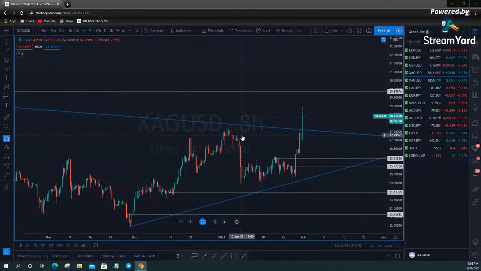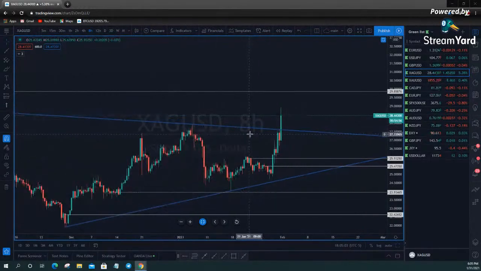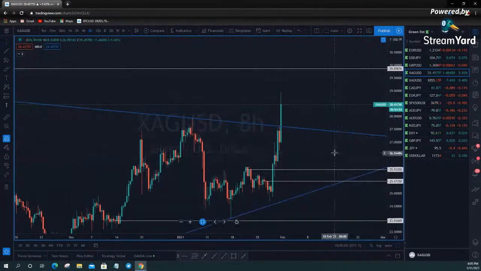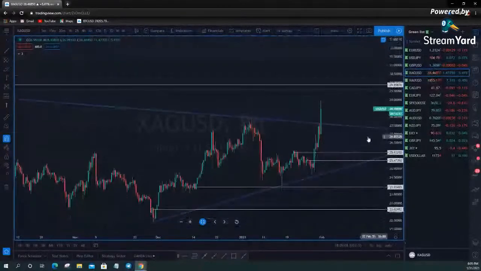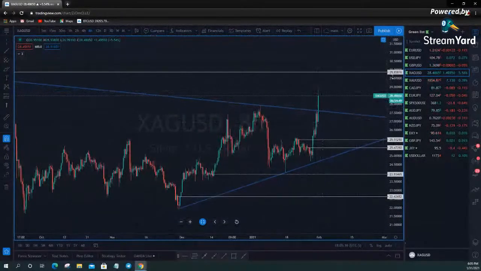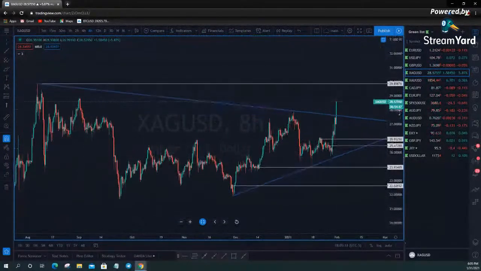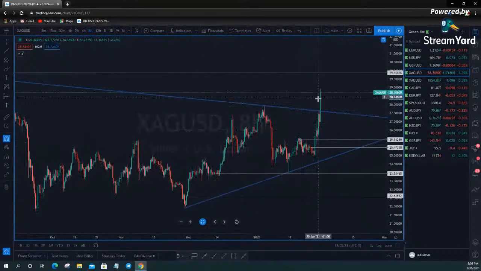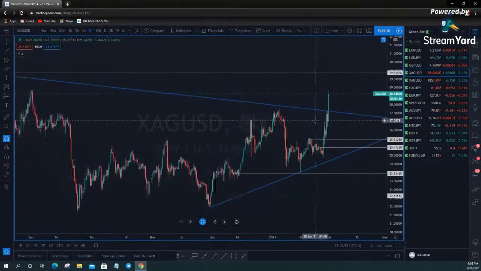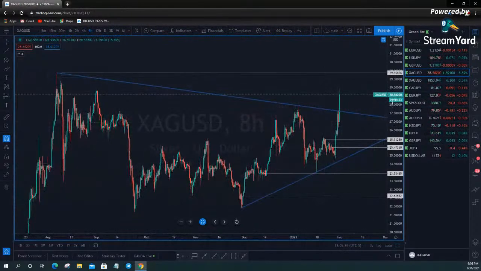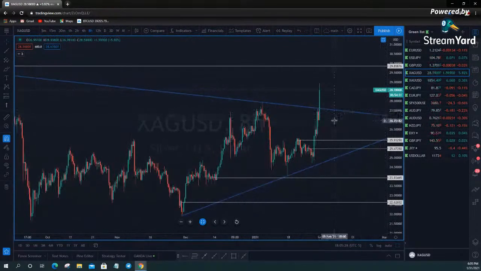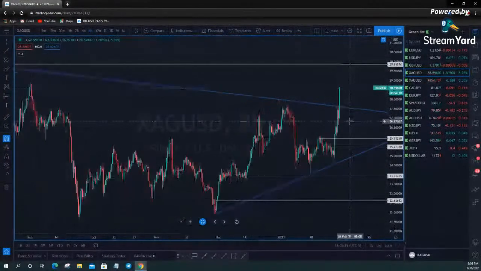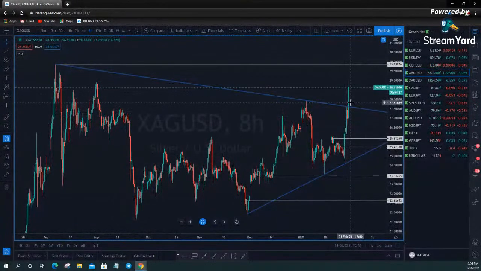My criteria is basically, it just depends on the share price, how leveraged with stocks. I can't trade the XAG USD in America with Oanda. I know that you guys across the pond can, because you can trade this as a CFD. We're not allowed to trade CFDs in America legally. Obviously you can get a VPN and do all that, but legally we're not allowed to do it. So the way I trade silver and gold is through stocks.